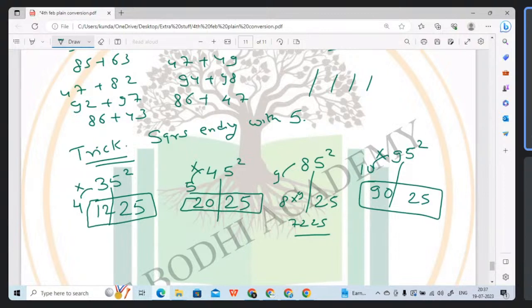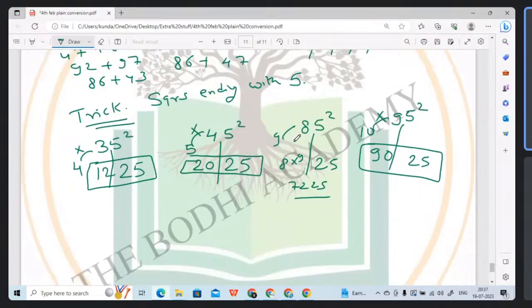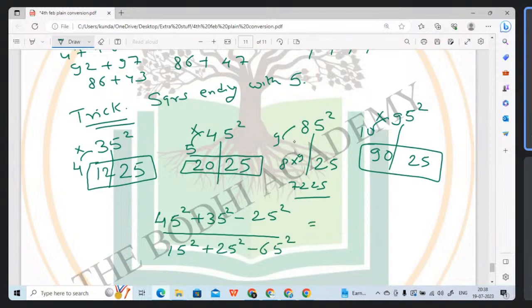ओके, नाउ इन एक्चुअल एग्जाम ये क्वेश्चन किस तरीके का रहता है? ये क्वेश्चन ऐसा आएगा: 45 स्क्वायर प्लस 35 स्क्वायर माइनस 25 स्क्वायर डिवाइडेड बाई 15 square plus 25 square minus 65 square. एक्चुअल एग्जाम में इस तरीके के क्वेश्चन आते हैं एंड दोज पीपल हु डू नॉट नो द ट्रिक, वो इस क्वेश्चन को सॉल्व करने में दे विल टेक मोर देन 2-3 मिनट्स।